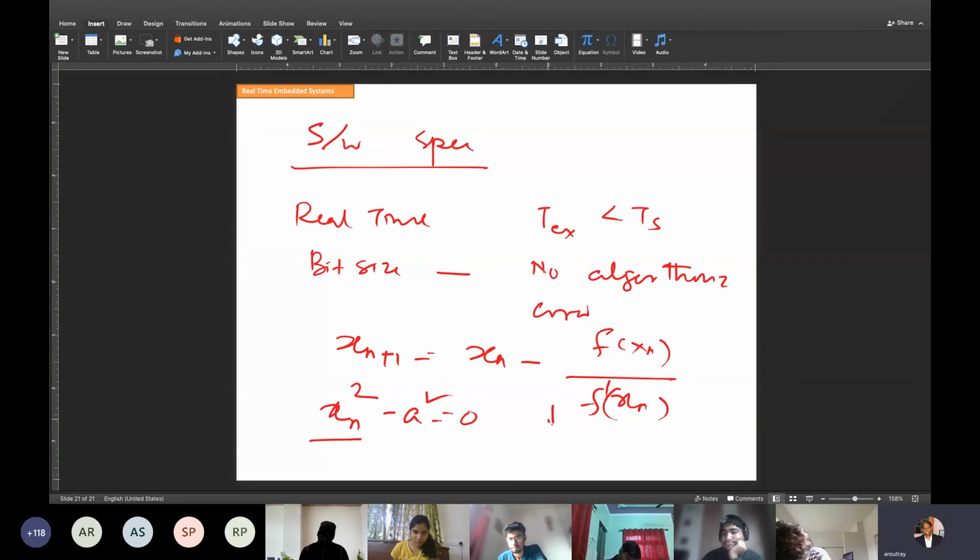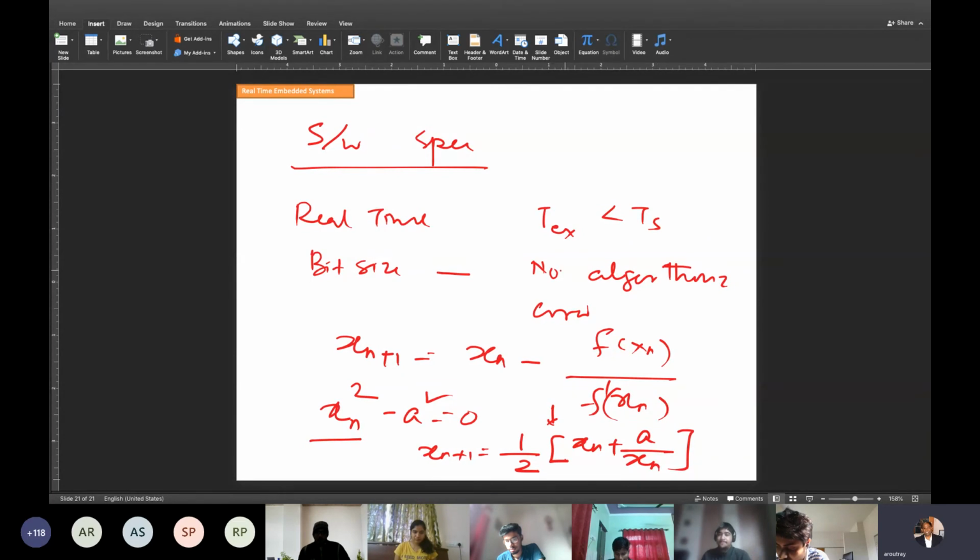If you derive this algorithm, now tell me the derivation. Aditya, Yashwant, what is the derivation for square root? xn plus 1 is equal to... This is a recursive formula to compute the square root. Okay, so this will go on till xn plus 1 and xn match. That is the convergence criteria. We'll talk about it. Don't worry about such things.